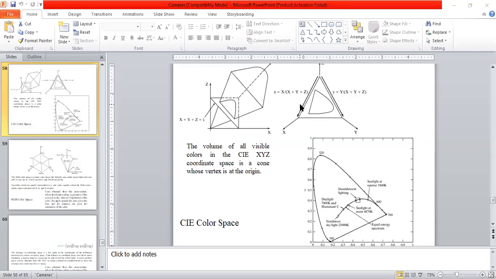So, for example, when I'm getting a color by mixing two different primaries, for example A and B, right? A and B have some point in the space, right? Those will be representing some coordinate points in the space. So when we join those two coordinates, the color which is formed by mixing these two colors will also lie on the same line. For example, what we are trying to convey here is,